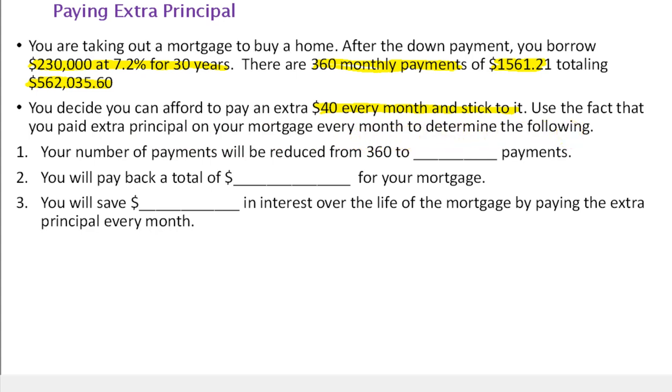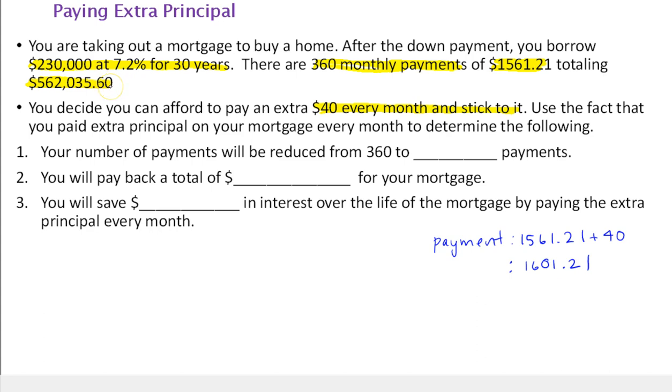So what we're going to do is we're going to say that your payment is changed from $1,561.21. We're going to add on that $40, and your new payment is $1,601.21. Okay, so now we're going to look at the original amount you borrowed. We're going to compute it with this new payment, and we're going to pretend right at the beginning you start, and don't forget to stick to it. Okay, and then we're going to see how the payments change, how the interest change, and how much you pay